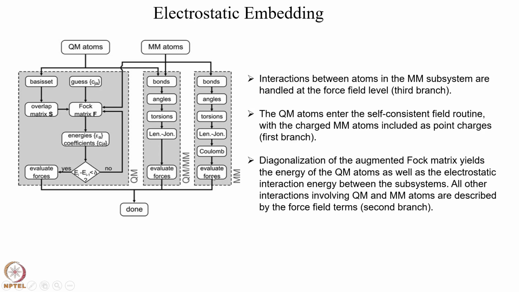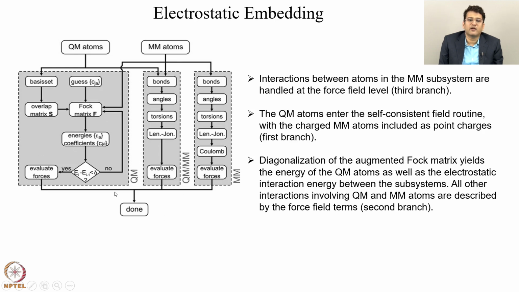After the calculations are done, the corresponding charges are put into the QM region Fock matrix. The Fock matrix is diagonalized. So, you have a guess basis set, overlap matrix, then guess a Fock matrix. And what you do here is that the point charges come into the Fock matrix. So, you diagonalize it, you get the energies, if it is converged, you calculate the force,